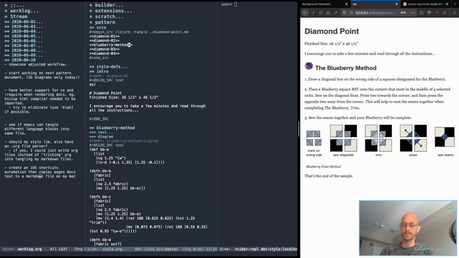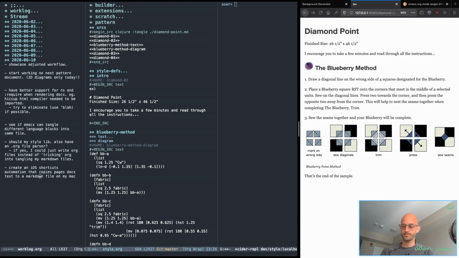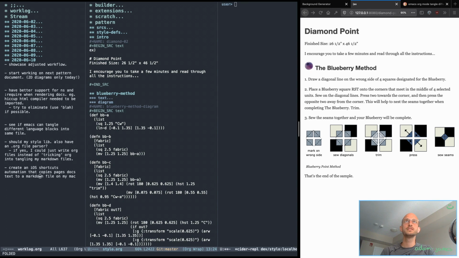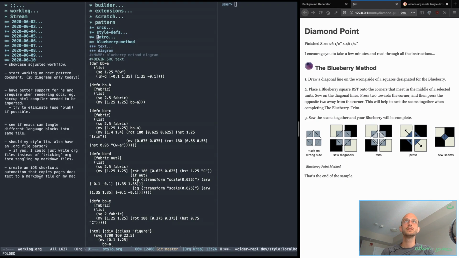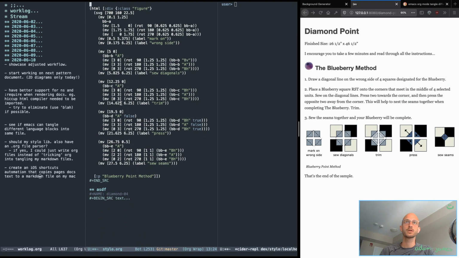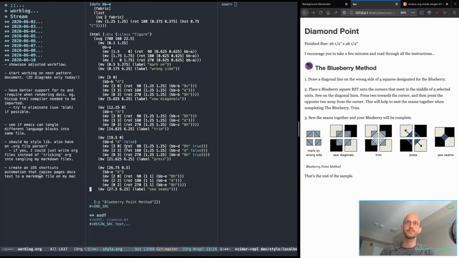Sources, text, diagram. Oop, that should still not fail. Okay, that looks good so far. Right. So this is Clojure code. Yep. So